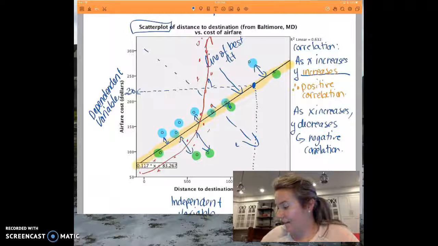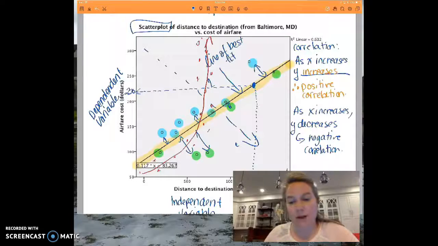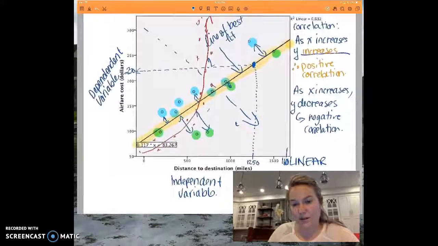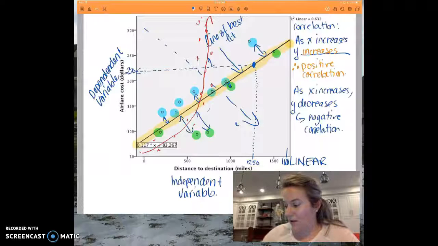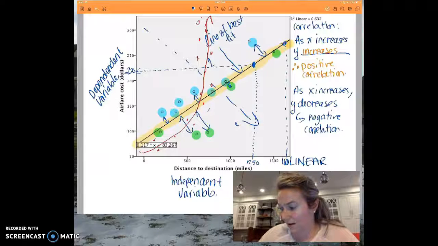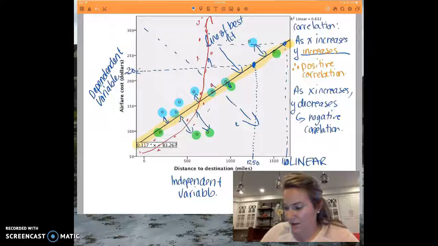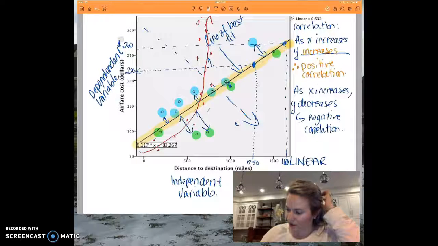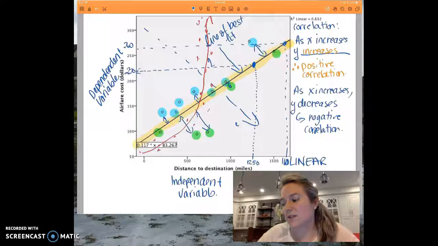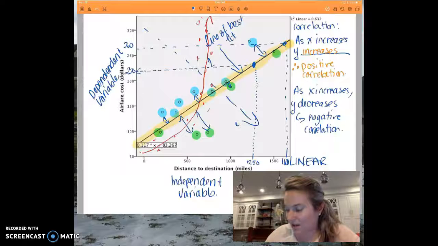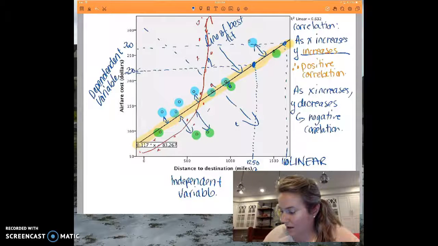If I said 1,600 miles, you can't see that. There you go. If I said 1,600 miles and went all the way up the outside here to there and across and said that's about $260. I don't need the dollar sign because that's in the description. Okay, $260. Then I would be making an extrapolation because it's outside of the data. So this one is an interpolation. That's an estimate inside